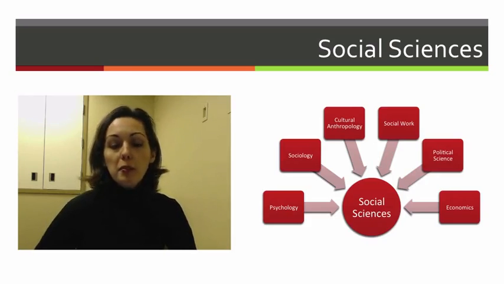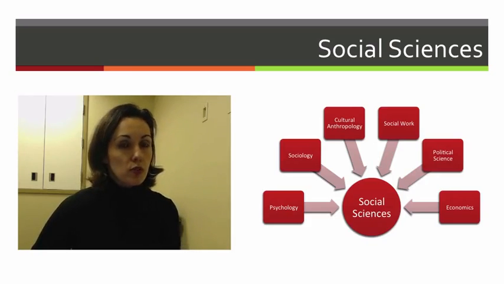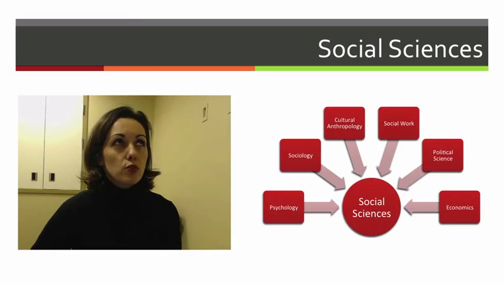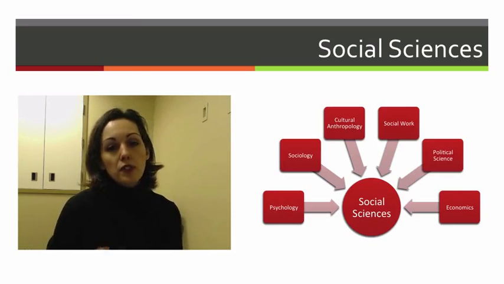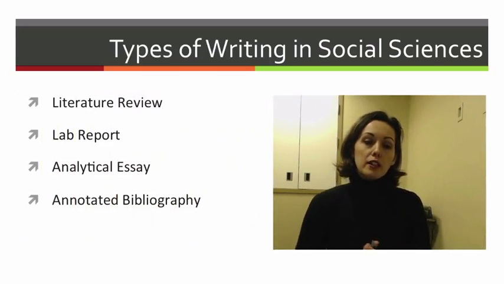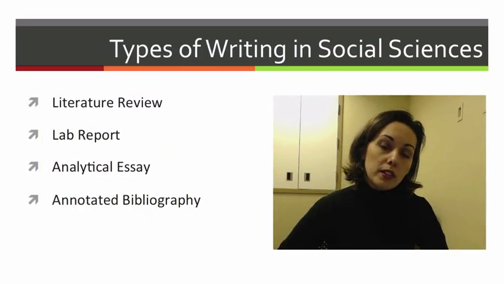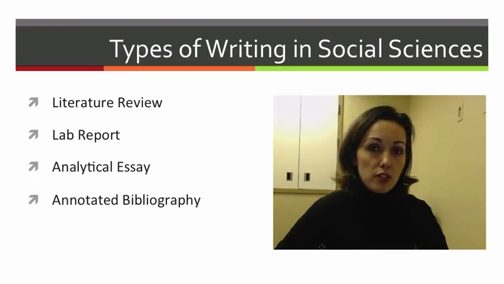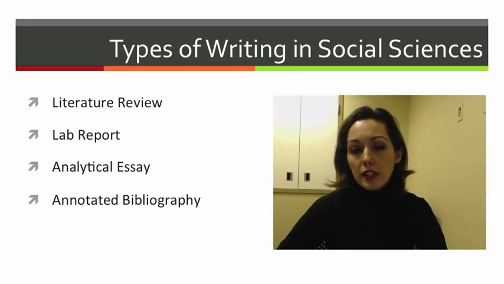So it depends on what specific discipline you're in within social sciences, and that's kind of what makes it a little bit more difficult to define compared to others. You might have different kinds of research methods, different kinds of ways of writing. But I will give you, again, not a very exhaustive list of the types of writing that people in social sciences do. And very broadly, I can say that the types of writing that you would do would either depend